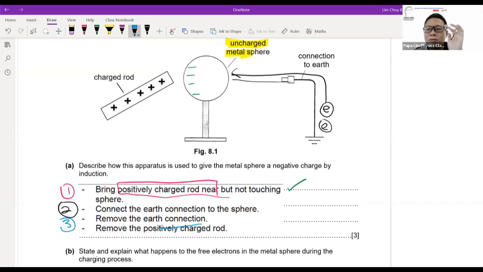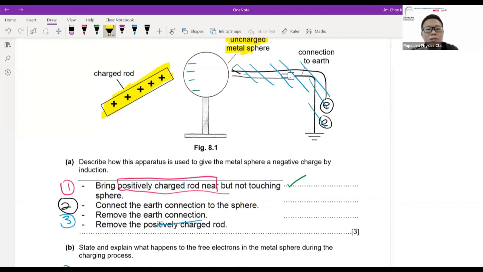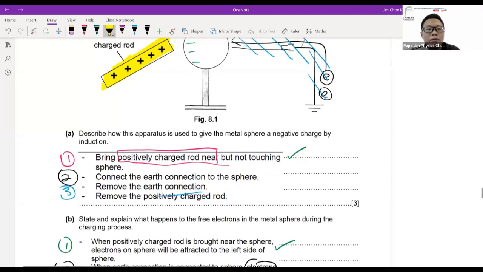So once your positive charge has been neutralized, the third step is to remove the earth connection. Now at this point, remember, your positive charge rod is still there. You remove the earth connection, and the fifth step here is to actually remove